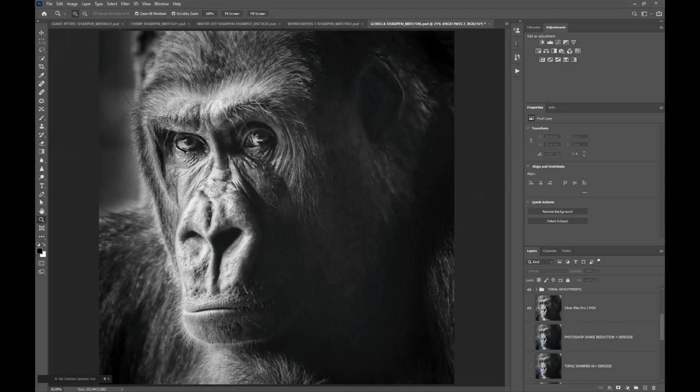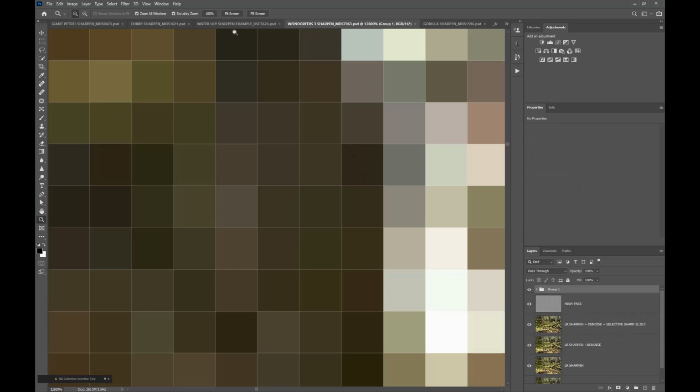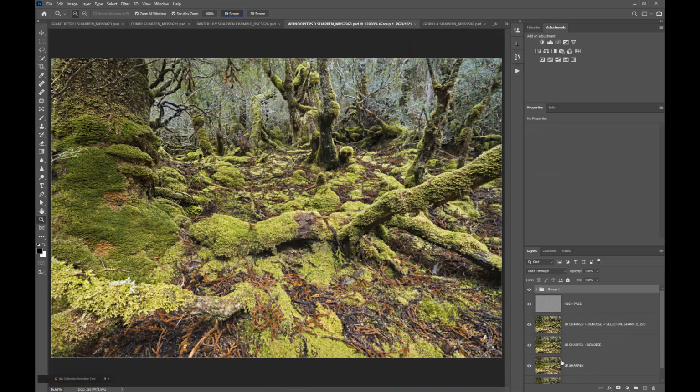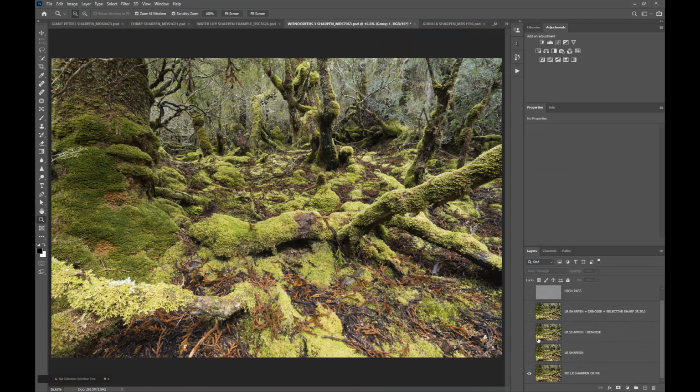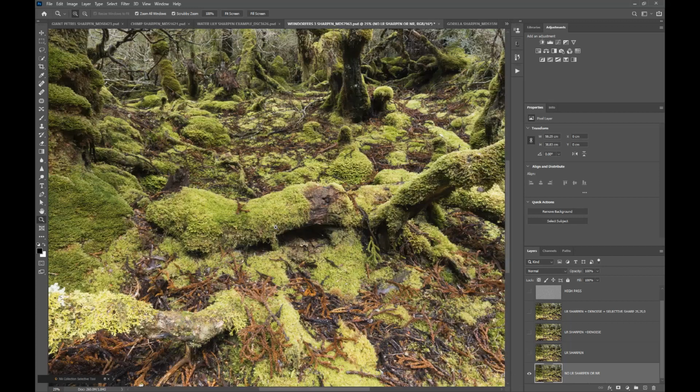Okay, we've had a look at an image that had a little bit of movement in it, and we've seen how we can correct that largely using that filter in Photoshop. But let's go back now and look at a landscape image that was taken on a tripod, correctly focused, critically focused using live view, and in theory everything should be perfect. And so here's a version of the image without anything applied in Lightroom, no noise reduction, no sharpening, and if we zoom into